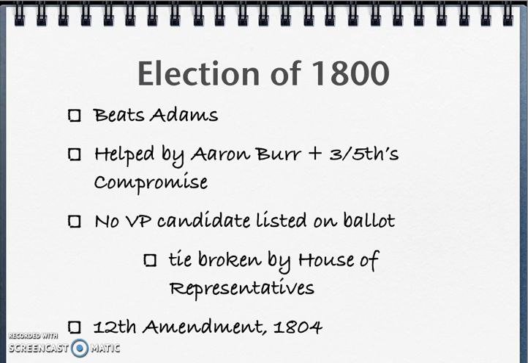In 1800, Jefferson narrowly beats John Adams out of his second term. He's aided by Aaron Burr, who helped sway the New York electorate, and the Three-Fifths Compromise, or the Three-Fifths Clause in the Constitution, because Jefferson was mainly, due to that, able to carry the Southern and some